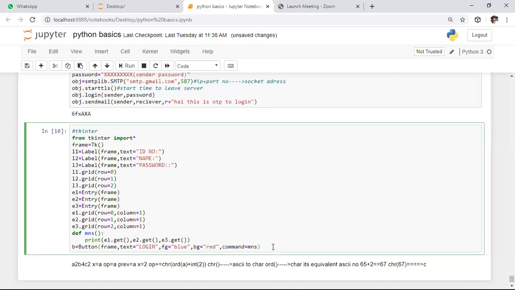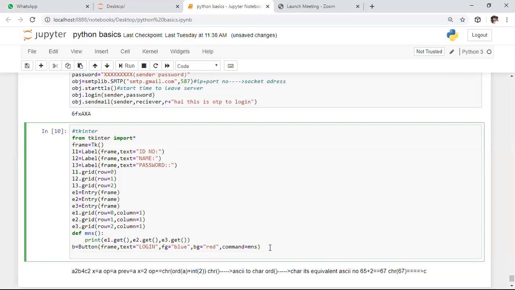After writing this portion, we need to fix the location for this button also. To fix the location, again we need to use the grid function only. Here in this grid function, I am specifying the location for this button. I want to create this button below the label 3.